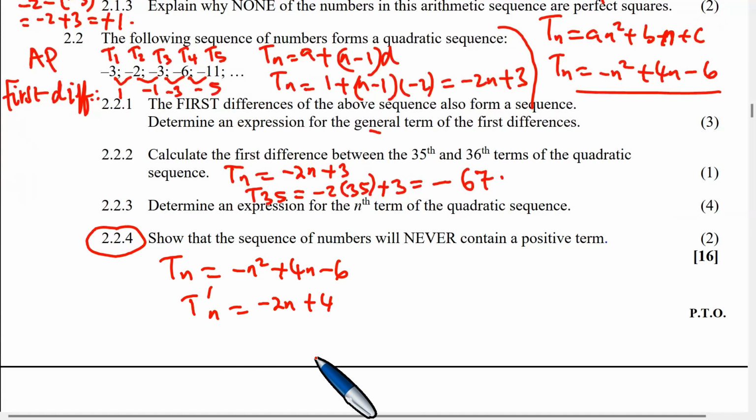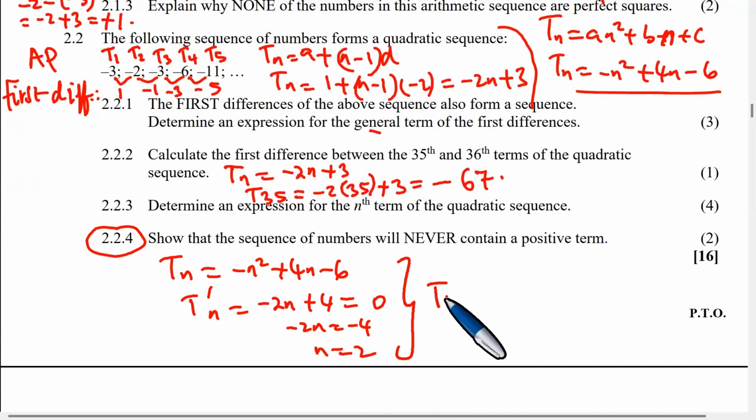Next, we equate this to 0. When you equate it to 0, you have minus 2n equals minus 4. You divide by negative 2 and you get 2. This means that you have T2 here. Right, so if you have T2,